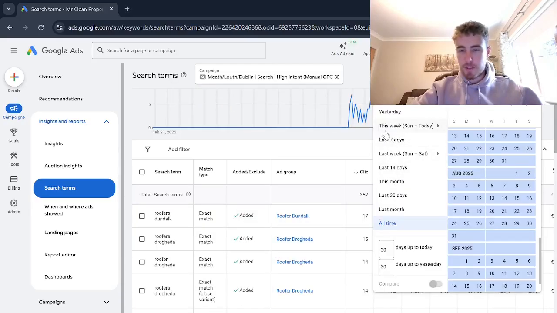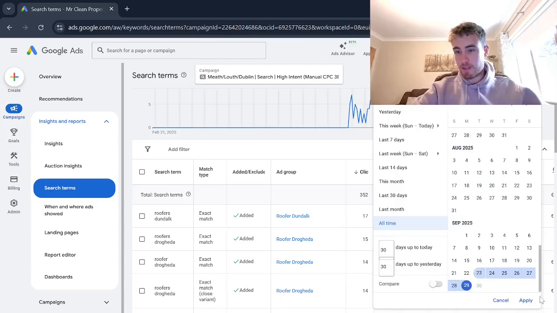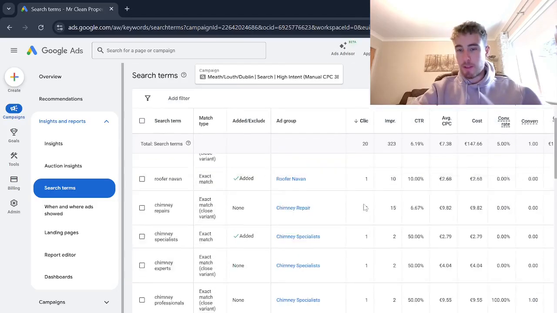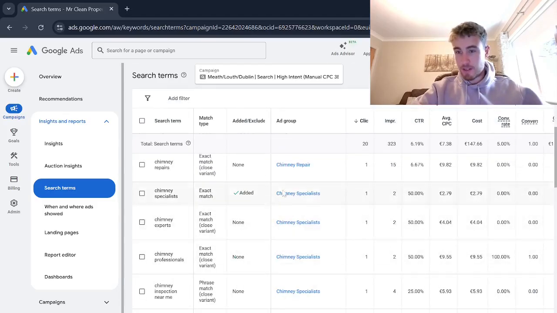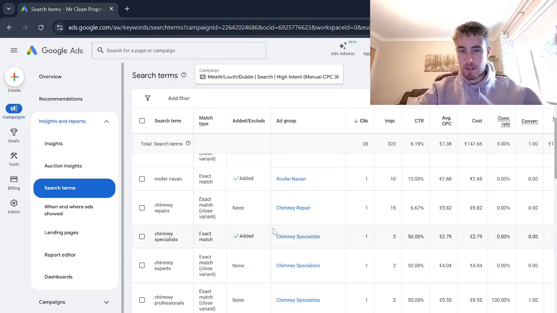And what you want to do inside your search terms report is pull up the time frame that you need to do your search term analysis for, because let's say you have done search term analysis up as far as the 22nd here, so you might need to do it from the 23rd to the 29th. That way, you've already taken into consideration what you've already done. And all you have to do here is go through all of the search terms that your ads are appearing for, and anything that is irrelevant to the ads and landing pages of that ad group, you want to